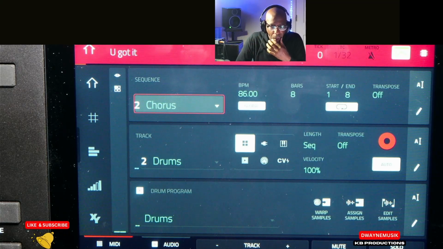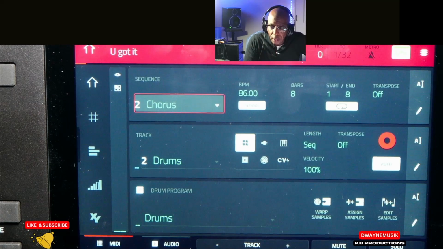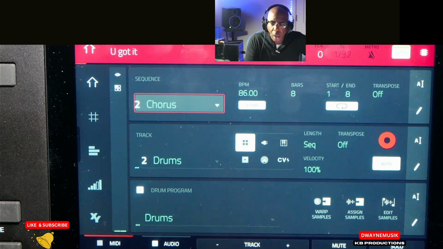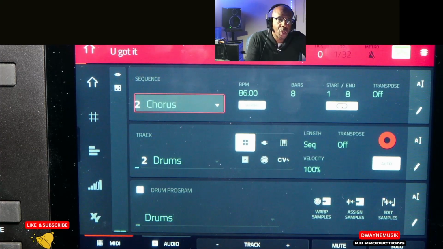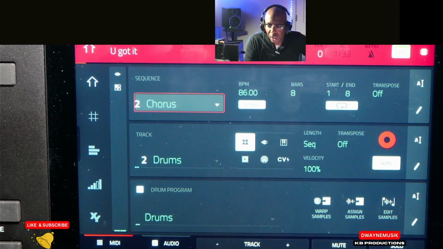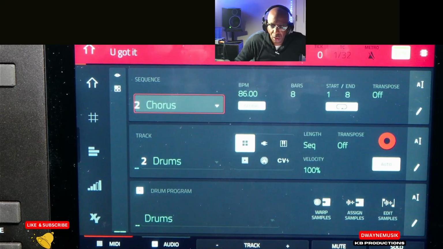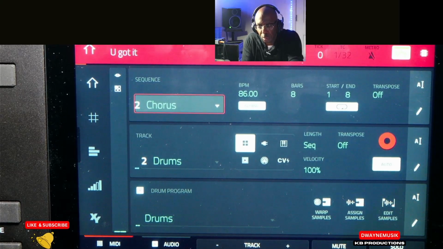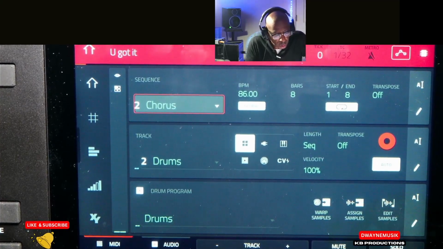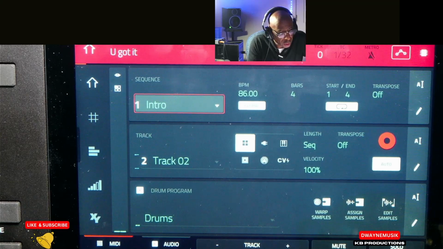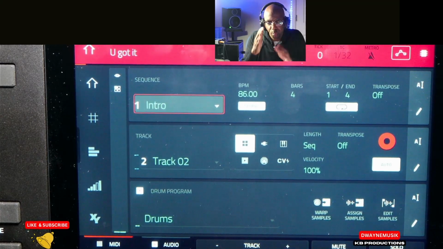So that's one of the drawbacks about doing things hardware versus with a DAW. Oh, and Akai, if you can, I know we have the undo button, but can you add a redo button? Because sometimes you can undo something too much and then you've got to play the whole thing over again because there's no redo function. So a redo function would really be nice.